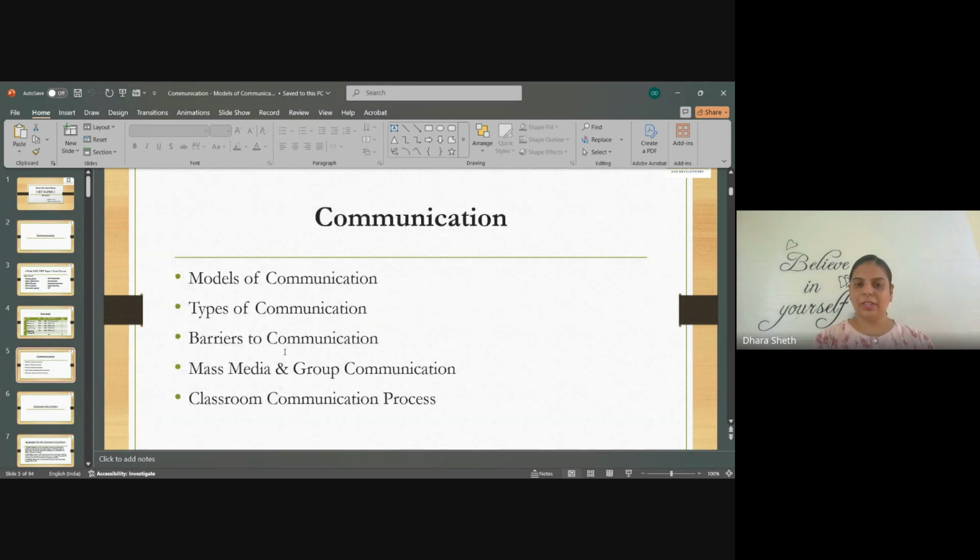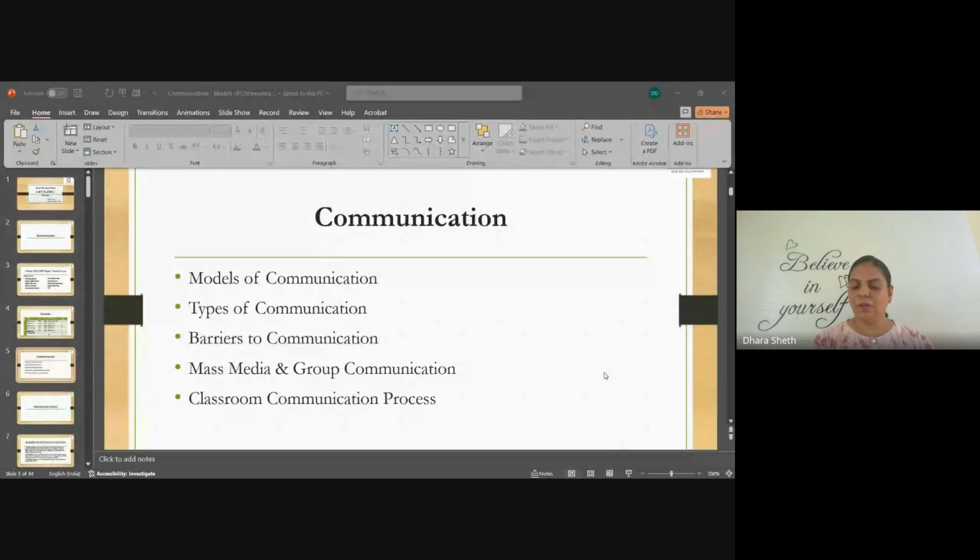Let's start with communication. In communication, there are 5 main topics: models of communication. Now, from models of communication, nowadays hardly any questions are asked. A few times questions have been asked based on whether it is linear model or transactional model, that way. And Shannon-Weaver model, based on that, some questions have been asked. Apart from that, other models you need to know in case they ask a question where some statement is given and they want you to choose out of this which of the models is applicable.